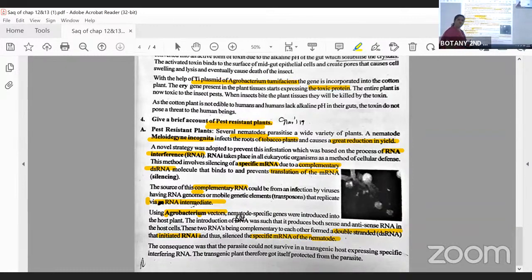The vector used to insert this RNAi gene is Agrobacterium. Through this Agrobacterium, we can insert the RNAi gene into the host plant, which will make the complementary RNA strand,